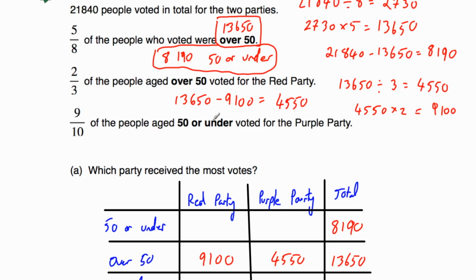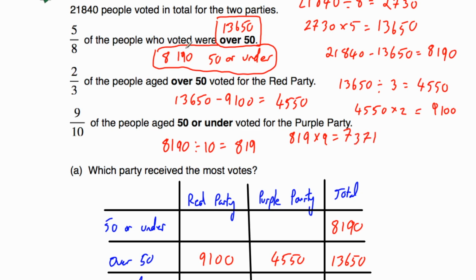Now let's look at our last bit of information. We're told that 9/10 of the people aged 50 or under voted for the Purple Party. So if we work out 9/10 of how many people are 50 or under, and that's 8,190, that tells how many of those voted for the Purple Party. So let's do that. So let's take our 8,190 and divide by the bottom, which is 10. That's equal to 819. And then multiply that by the top, which is 9. So 819 multiplied by 9 is equal to